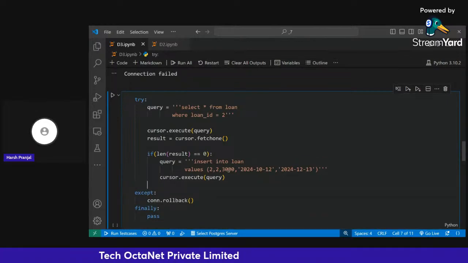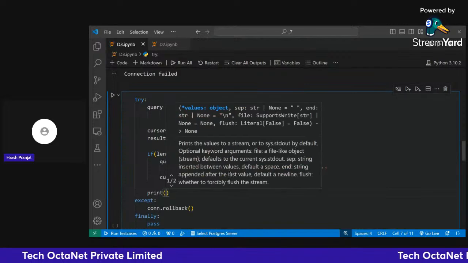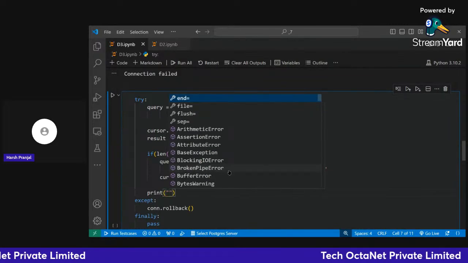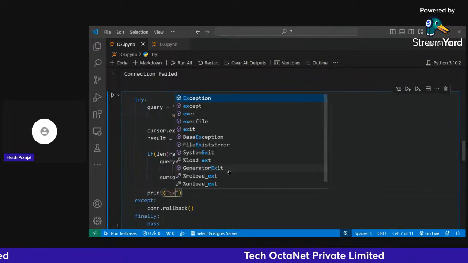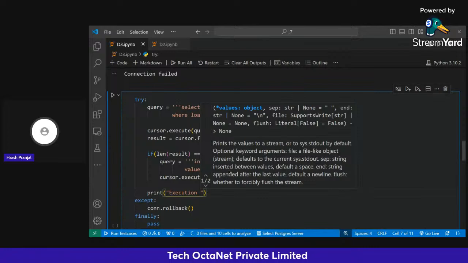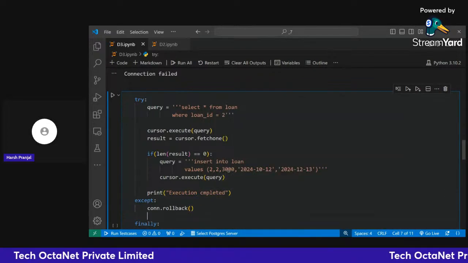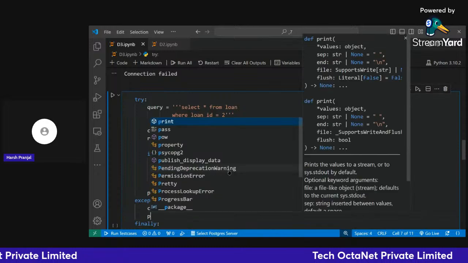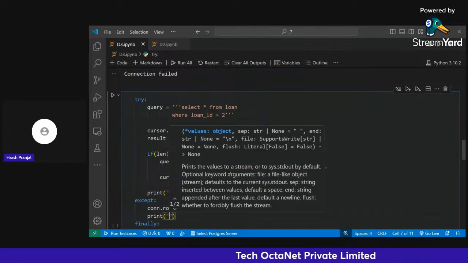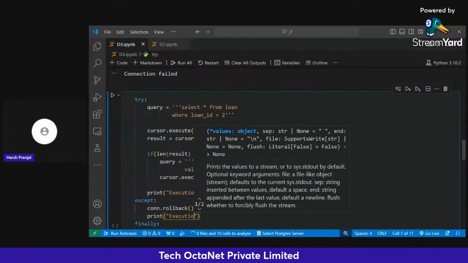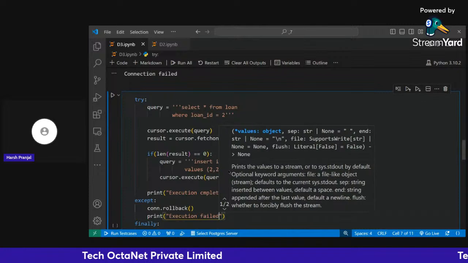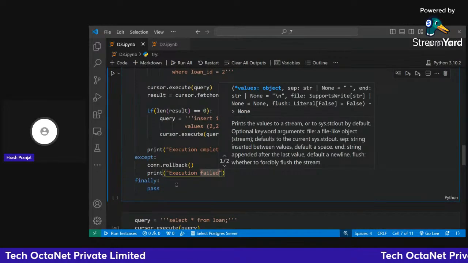Let's print here. Print that execution completed. Execution failed. And then here, see,